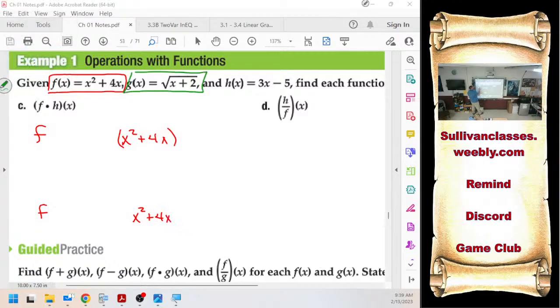G is this stuff. Oh wait, we're not even using G. Okay. Just going to use H. And H is 3x minus 5, times